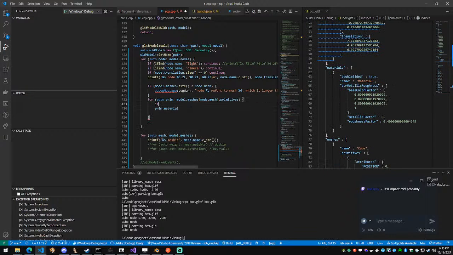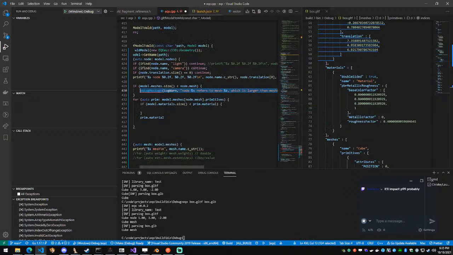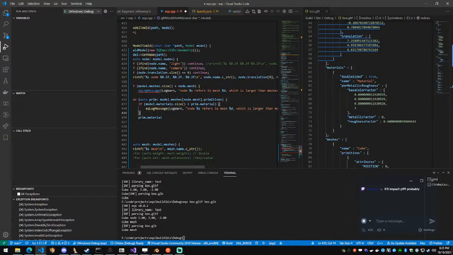And then we basically go if model materials size is less than prim material, we can do a similar warning message and just be like node s refers to mesh